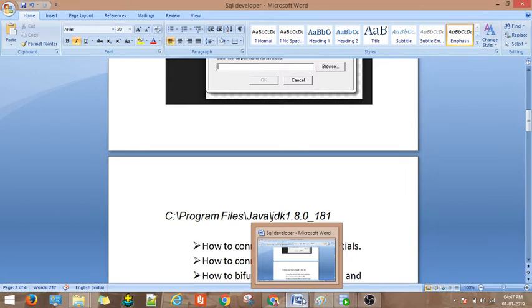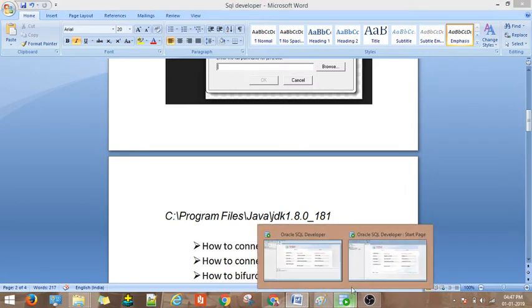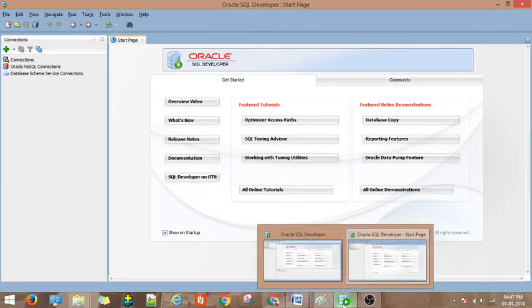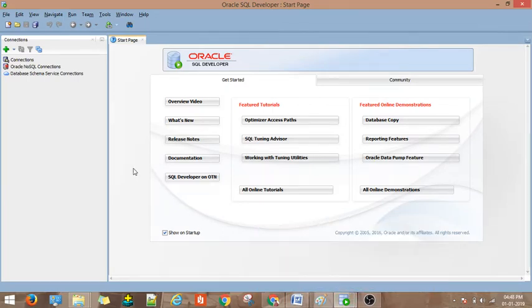Before using SQL Developer, you need to install an Oracle version, any version as you wish, like 10g or 11g or previous versions also. In my system I have already installed Oracle, so I just have the credentials and I am using those credentials to connect here.